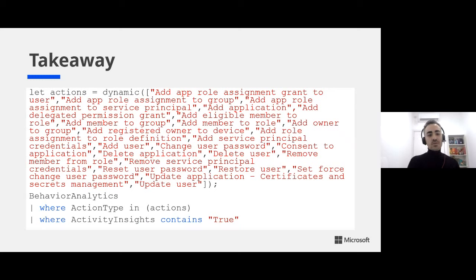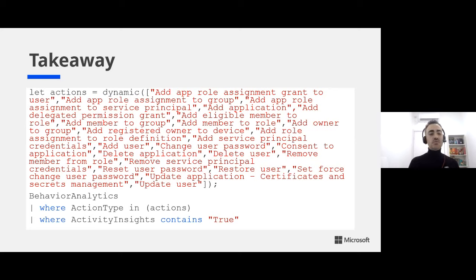Before we move on to the question segment, I just wanted to say that I created some kind of hunting query based on activities that are associated with actions that the Nobelium group has done in the SolarWinds attack. So I put in different types of Azure activities, and you can use them to run in the behavioral analytics table that belongs to UEBA, and maybe find some interesting insights that can help you during investigation.